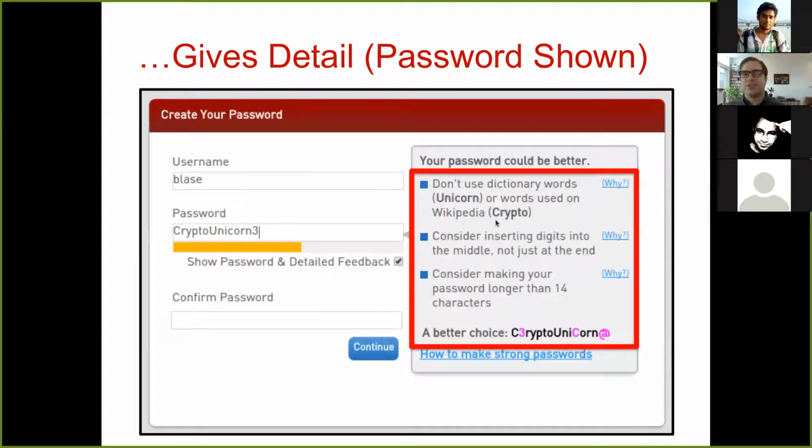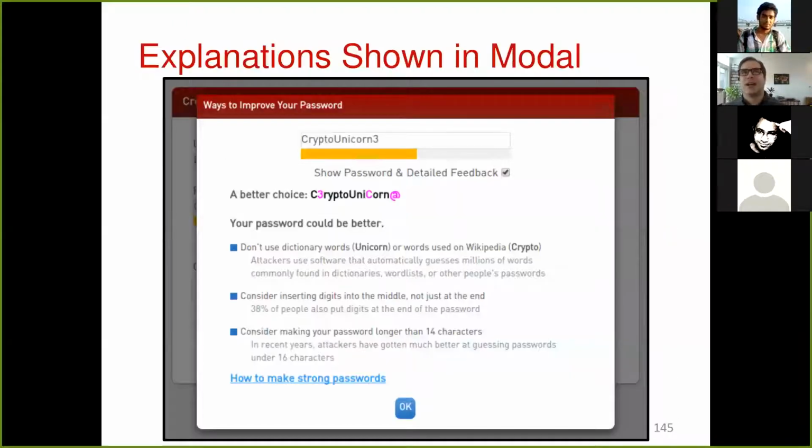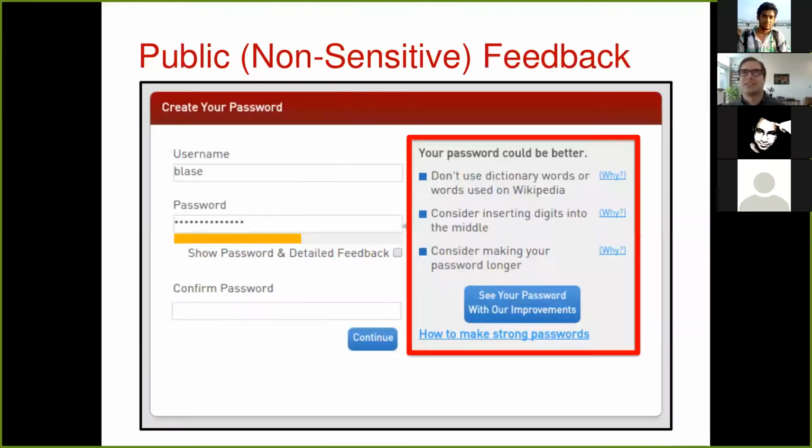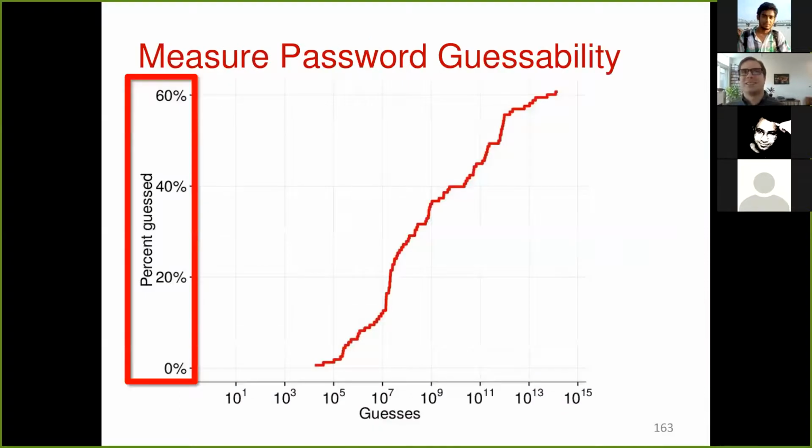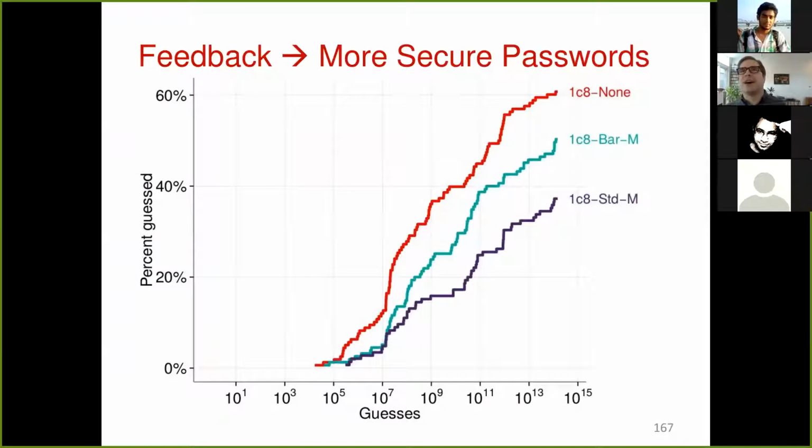Right. So this whole data-driven password meter, long story short, we tested it. We found it worked. I'm going to skip a bunch of these slides. We found it worked a lot better in terms of having more secure passwords. So none is no password meter, bar is just the bar, and std is the standard version of our password meter with the explanations in text. In the graphs we've seen to this point, we were looking at guessing, so higher was better. Here, lower is better because that means fewer passwords were guessed. And so what we found is